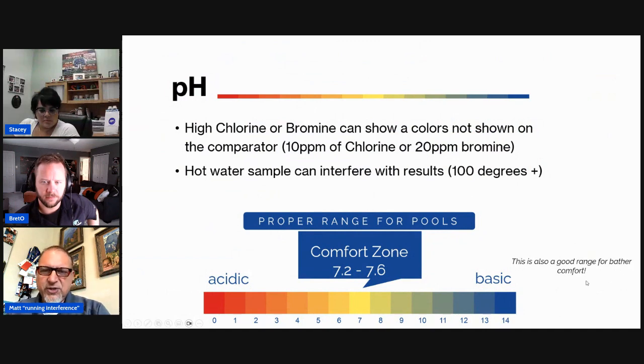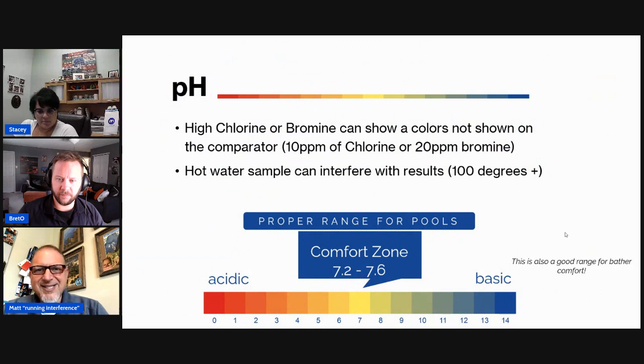So that's something to consider, especially in light of a couple of cases that we've been working on for the last 2 or 3 weeks, in that you keep getting a 15, 16 parts per million of chlorine, yet you're putting in loads and loads of thiosulfate, which is chlorine neutralizer, and you're still getting a reading of 15. You may think, well, the thiosulfate's not working, but the chlorine might have been 60. We just don't really know what people are doing in their pools, because when you're dealing with the public, sometimes they tell you what they think